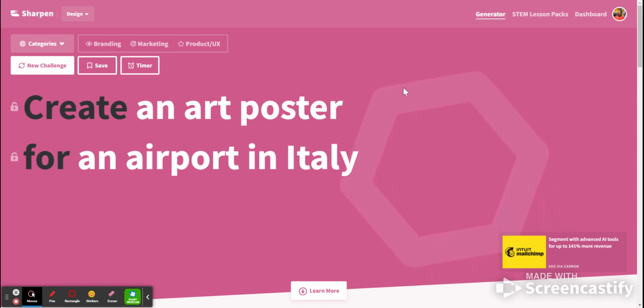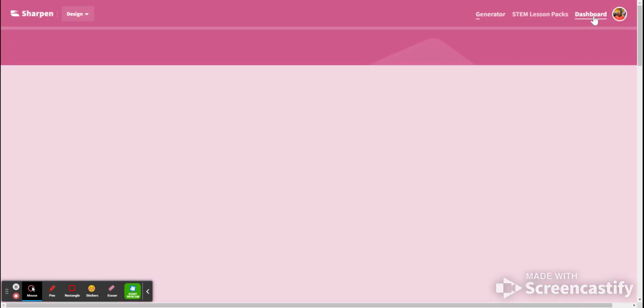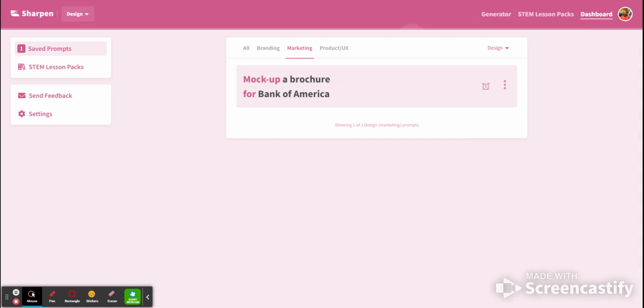So I went ahead and just kind of played with it and generated, create a mock-up brochure for Bank of America, which took me a little while of playing with it to get that, to be honest, but it's a great tool for our purposes because we're going to talk about bank loans and using bank loans and how to get one through Bank of America. So auto loans made simple, Bank of America auto loans,